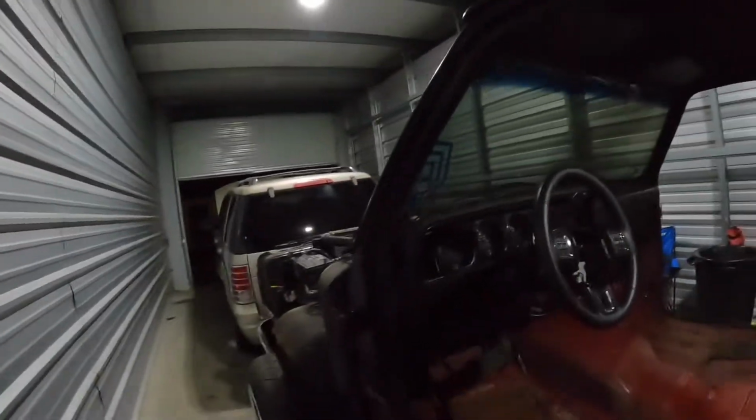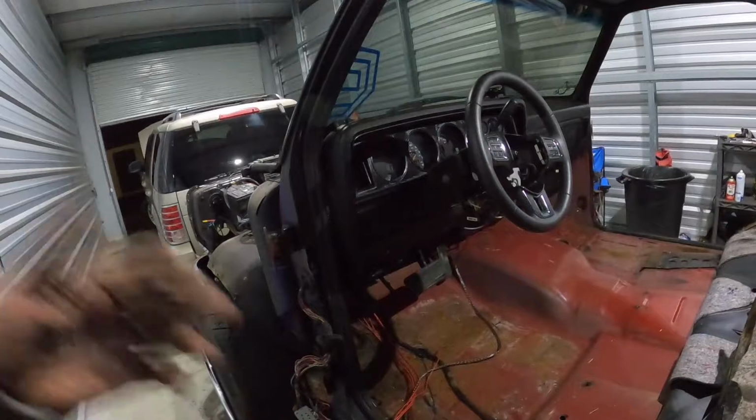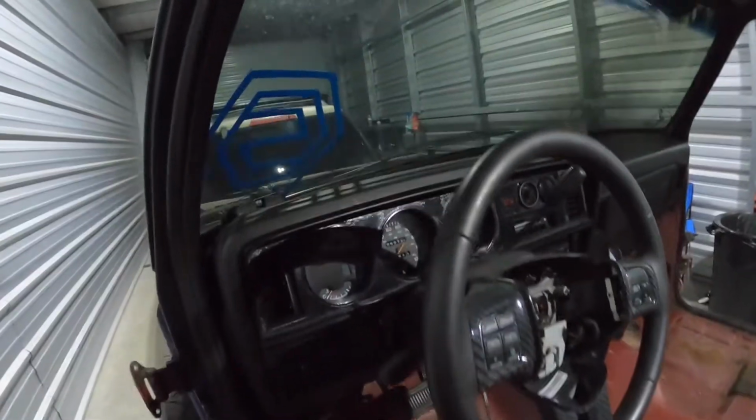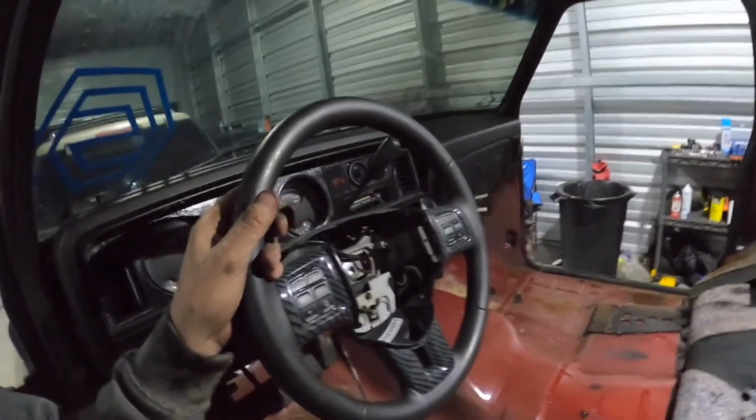One of my biggest complaints about the truck is the sound, like all the air noise and all the sounds you hear. You can't even listen. I know that sounds ridiculous coming from someone that literally has a hood stack, but trying to listen to music in this thing is impossible, or trying to have a conversation because of all the wind noise. The hood stack is loud, but it's not as loud as you would expect. So